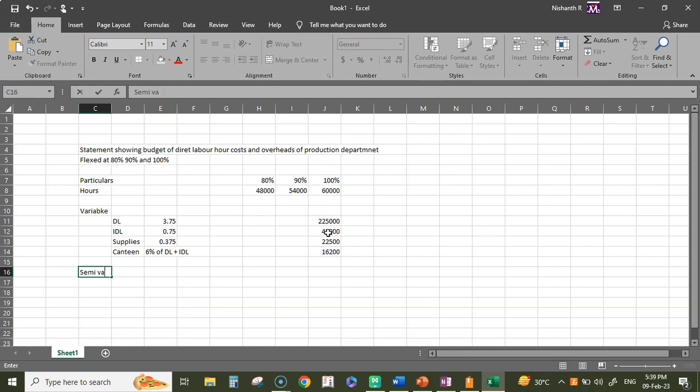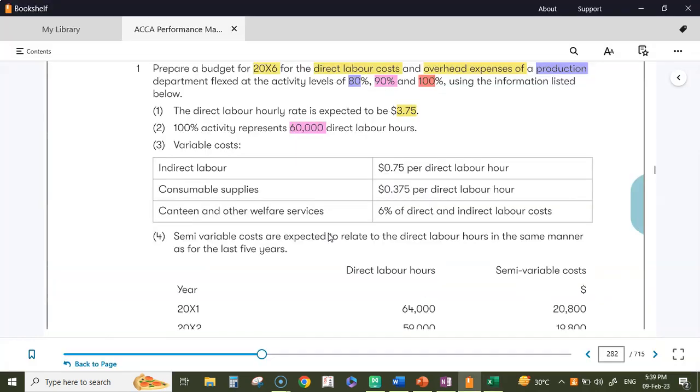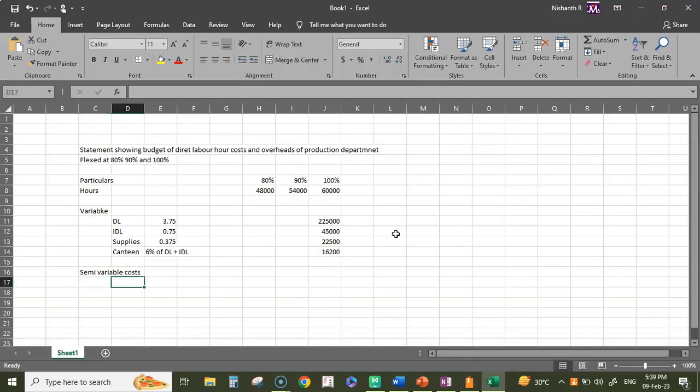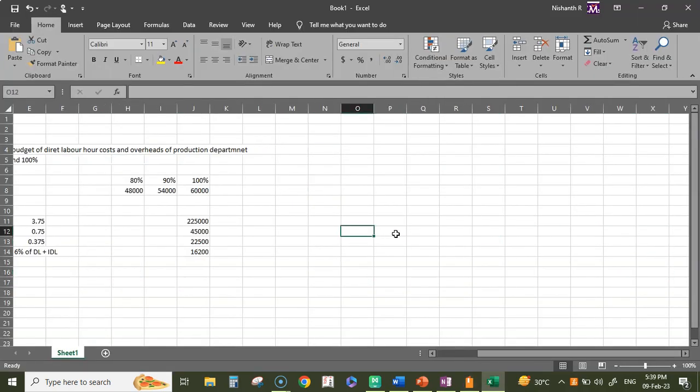Now we have semi-variable costs. Okay, let's check what all we have here. They've just given a single semi-variable cost for different levels of activities. Now do you remember we learned the top-down method? See, what is semi-variable cost? Semi-variable cost is a cost which is fixed cost plus variable cost.